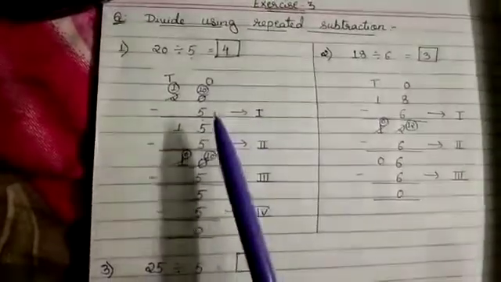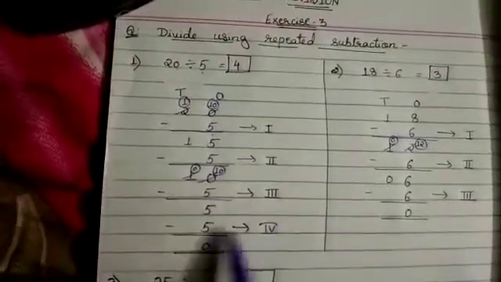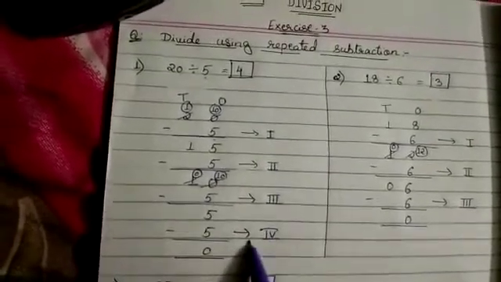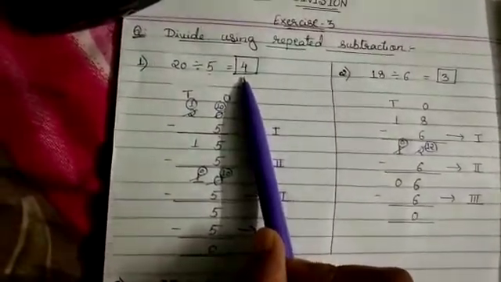So here how many times we have to subtract? 1, this is 2, this is 3, and this is 4. Means 4 times after subtracting 5 we got 0. So here the same number is given, that is 4. In the same way,